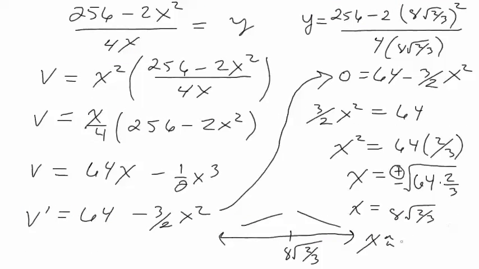Okay, so we get 6.532. All right, 6.532. And then, of course, let's go ahead and get the y, 256 minus 2 times that answer squared